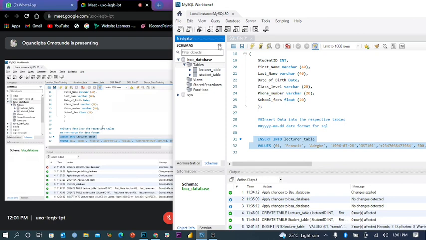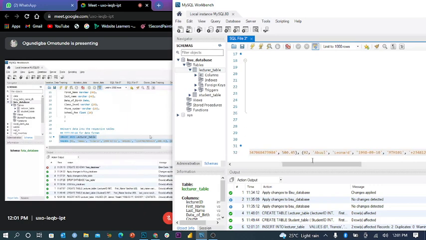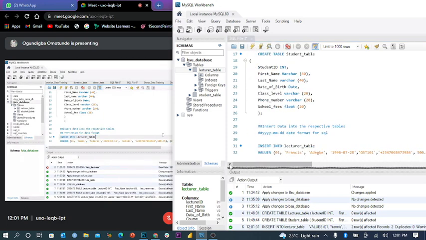You can run this. Now I ran this already. You might not see the details now, but I will show you where the details are. Now I've inserted these details into the lecturer table. So let's assume the chancellor came again and said,